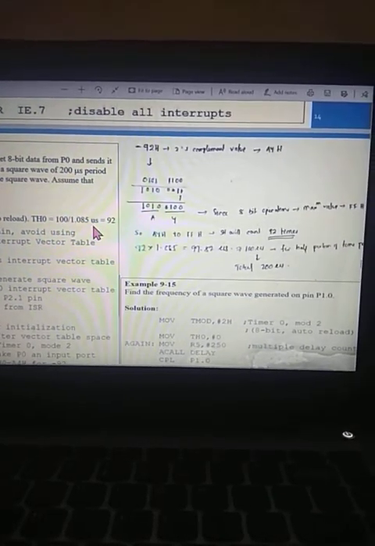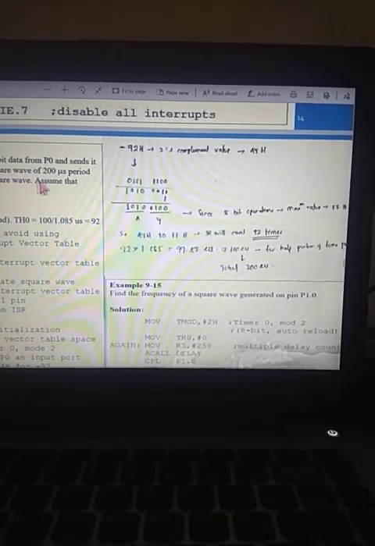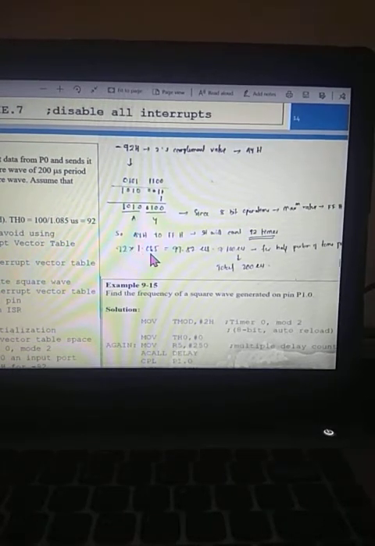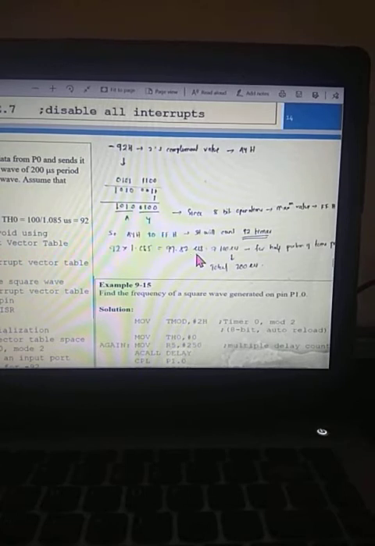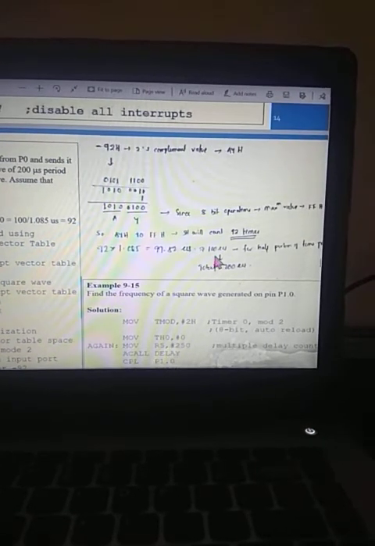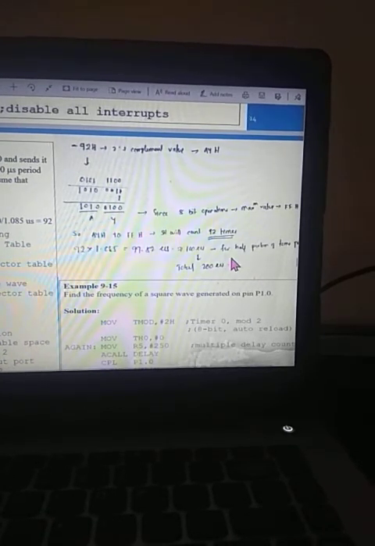But we have to create a square wave of 200 microsecond period. If the period is 200 microseconds, then half of the period is 100 microseconds. That's why 92 times 1.085 gives a total of 99.82 microseconds, which is almost 100 microseconds.